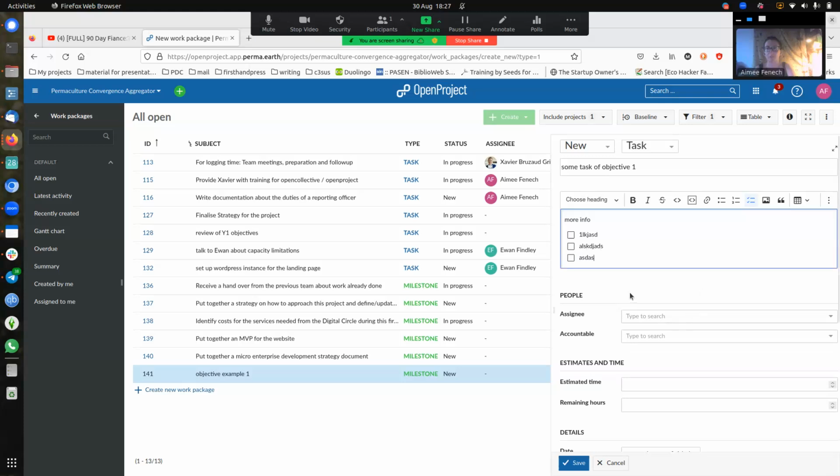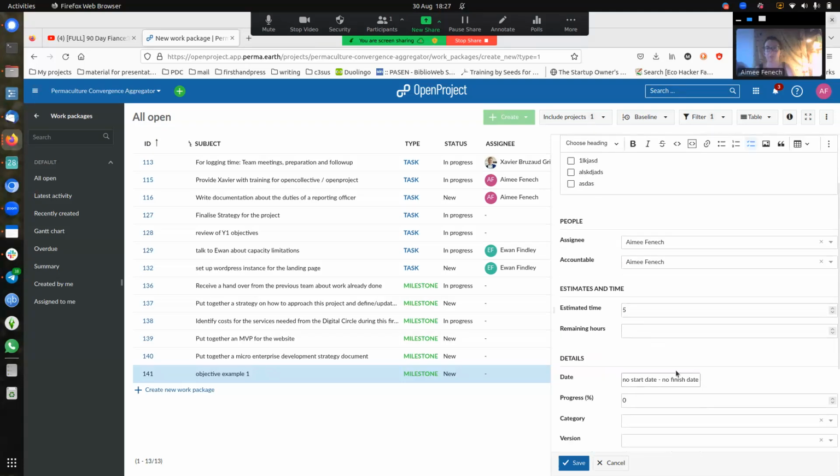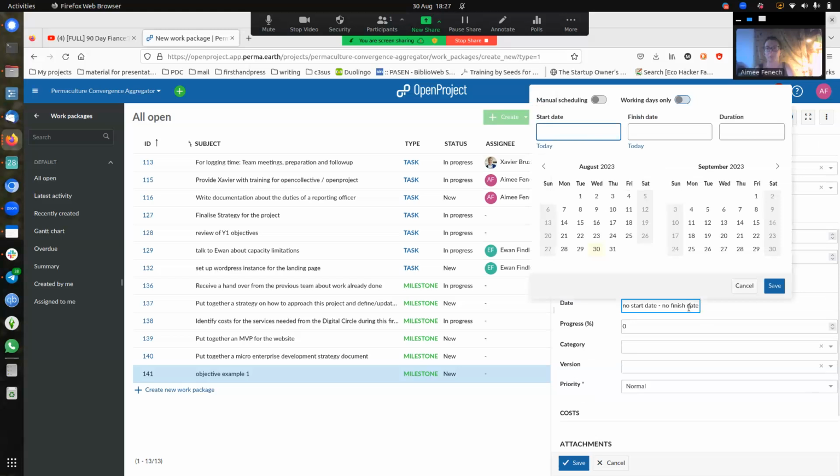And then if the team decides that I'm doing this task, then I can automatically assign it to myself, and I'm accountable for the tasks I'm assigned to. My estimated time is, I don't know, 5 hours, but you can also leave it blank. You don't need to put it. If I have a deadline to finish